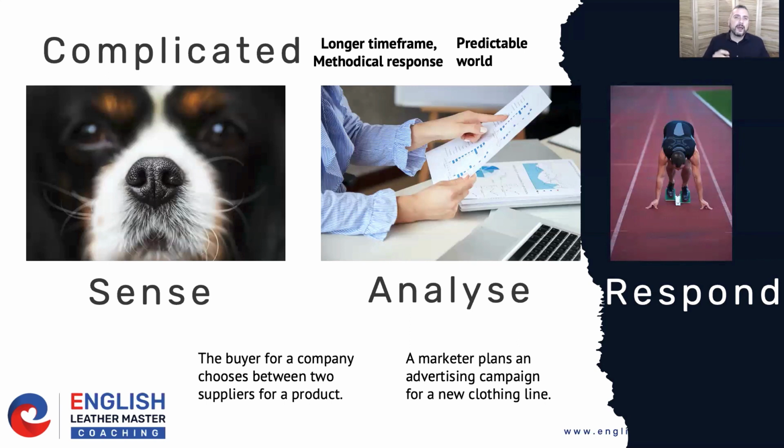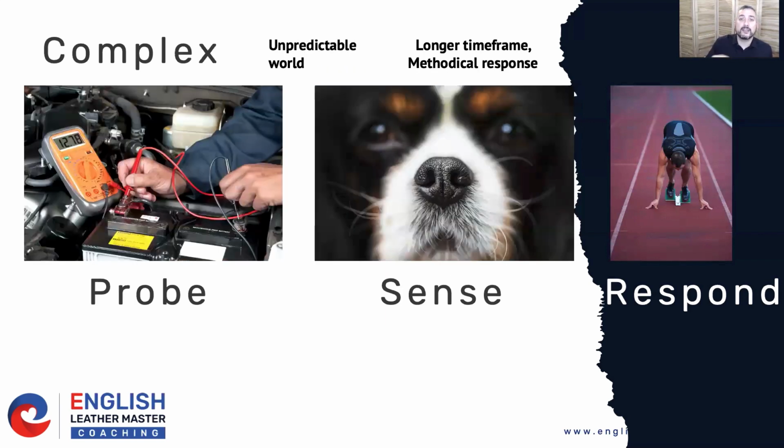Now, I said that most companies think that they're living in the complicated world. And a lot of the time I coach people who are working in the complicated world, and I'll give some examples in a minute. But there are other people who think they're living in the complicated world when actually they're living in the complex world. The complex world is where there really isn't a linear, this plus this makes this outcome. So in this case, you have to go and feel around and sense what's going on before responding.